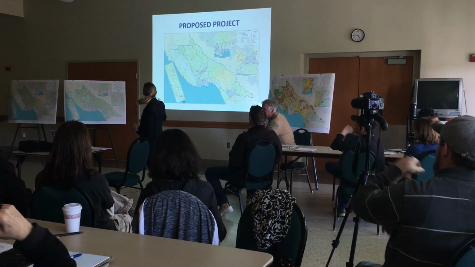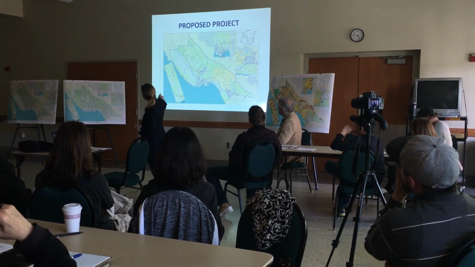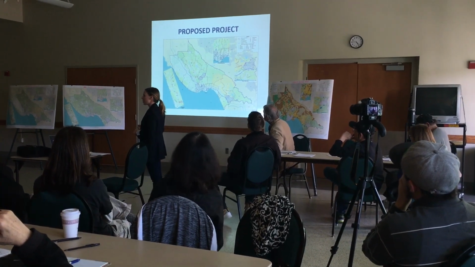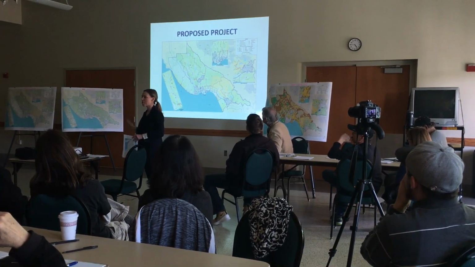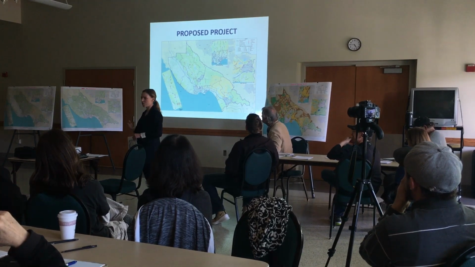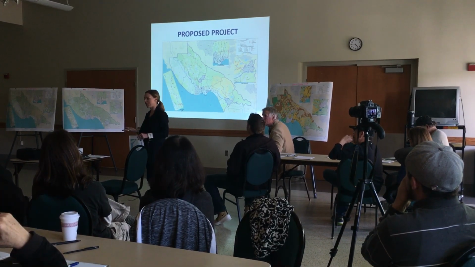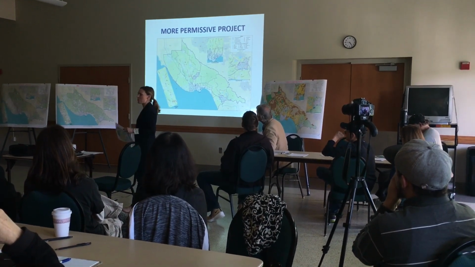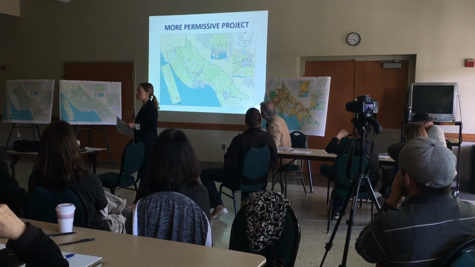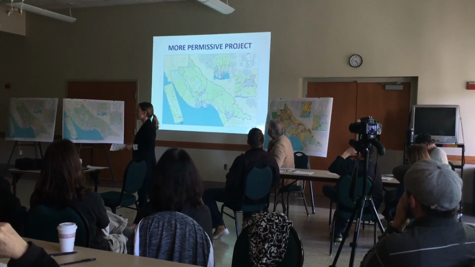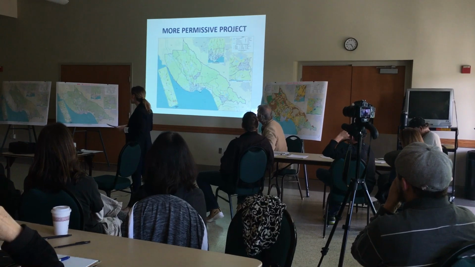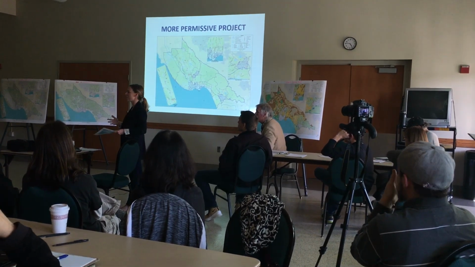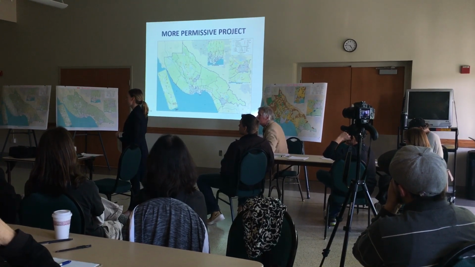In the proposed project, the green areas that you can see on the map here within the county, the purple boundary being the whole of Santa Cruz County, are areas where cannabis is technically eligible, where if somebody applied for a license, there would be a baseline level of eligibility. In contrast, in the more permissive project, the green area is a little bit larger. There are more areas in the county where eligibility would be a baseline condition, where a license would be considered by the county. So in the EIR, we're looking at how these two project scenarios are similar, where they differ, and what the environmental impacts would be of cultivation within these areas.